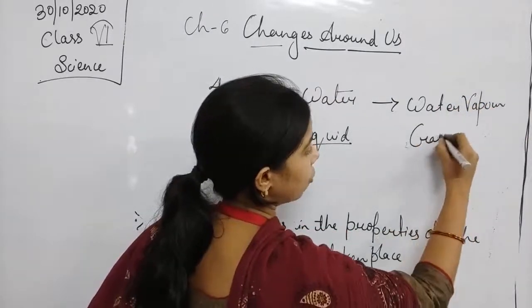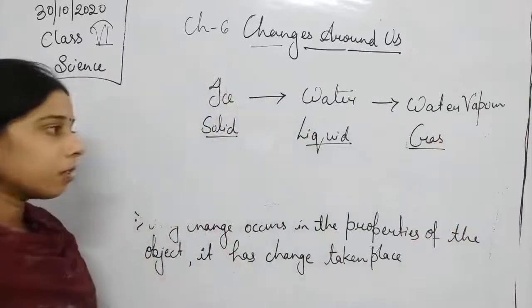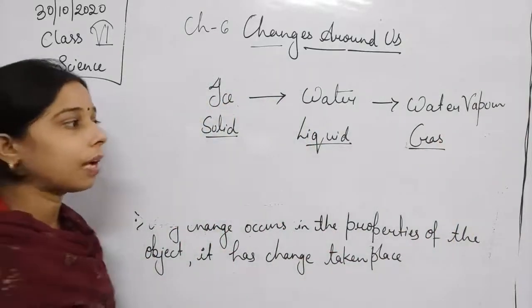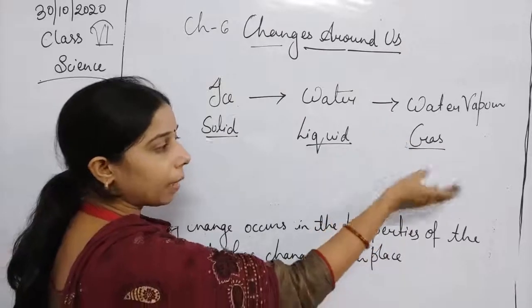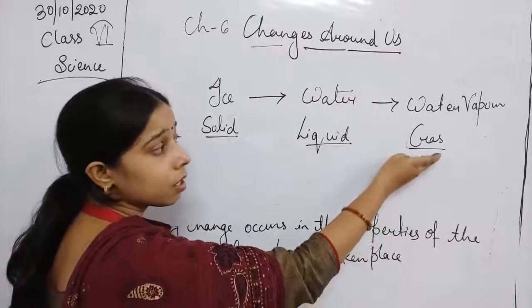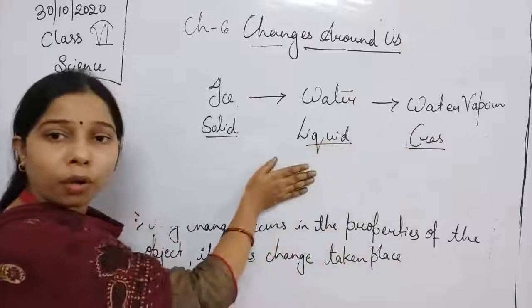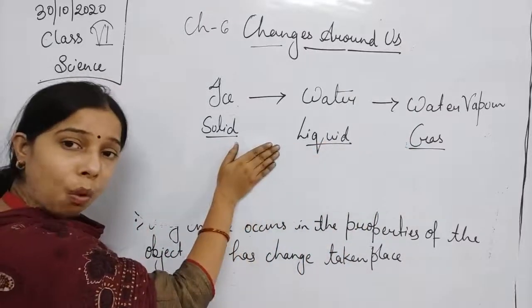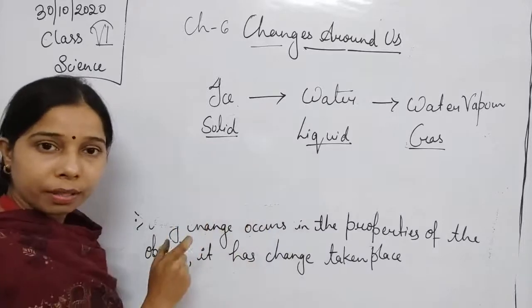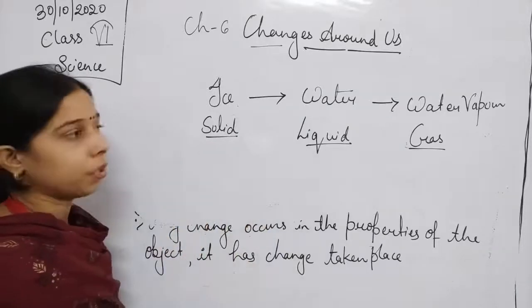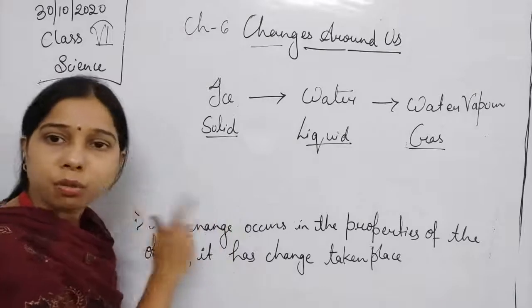That is a gaseous state. Okay, so one is the solid to liquid and then to the gas. Again you can convert the gas to liquid by condensing it. So it will get converted into the water droplets, and when you take this water and again keep it in the fridge, which provides the lower temperature, it will get converted into the solid.